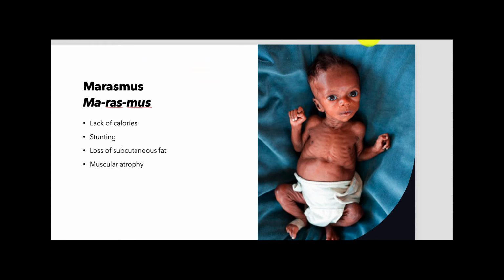On this slide, we have another example of deficiency in nutrition. This condition is called marasmus. This one has nothing really to do with protein, but it's an overall lack of calories. Children that suffer from this overall lack of calories experience stunting of growth. They're usually 60 to 70% below the average weight of children their own age. There's a loss of subcutaneous fat, and you can see how emaciated this child is. There's muscle atrophy as well.